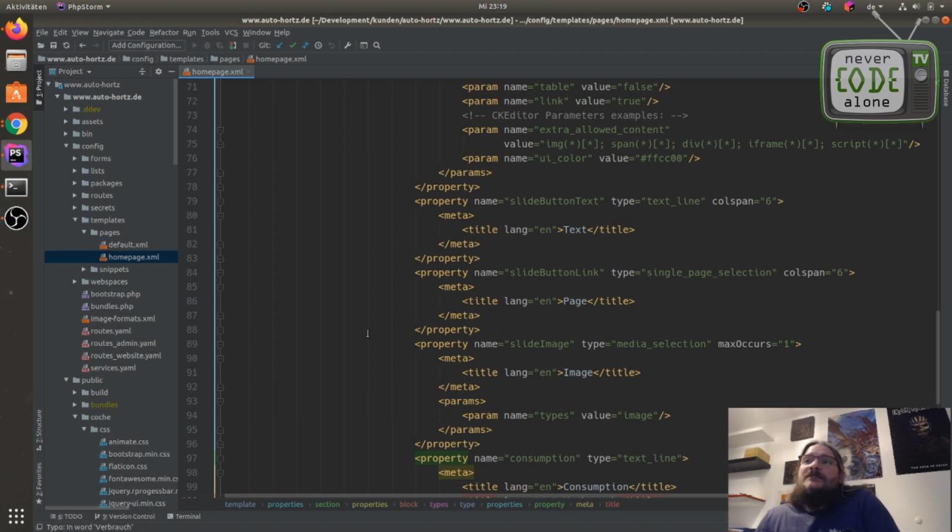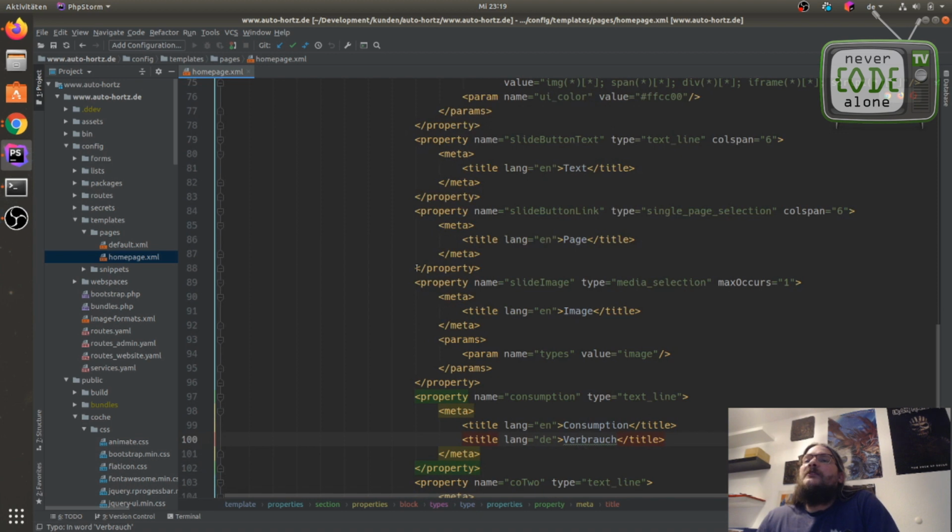As we see here, we have now our property with a single page selection.